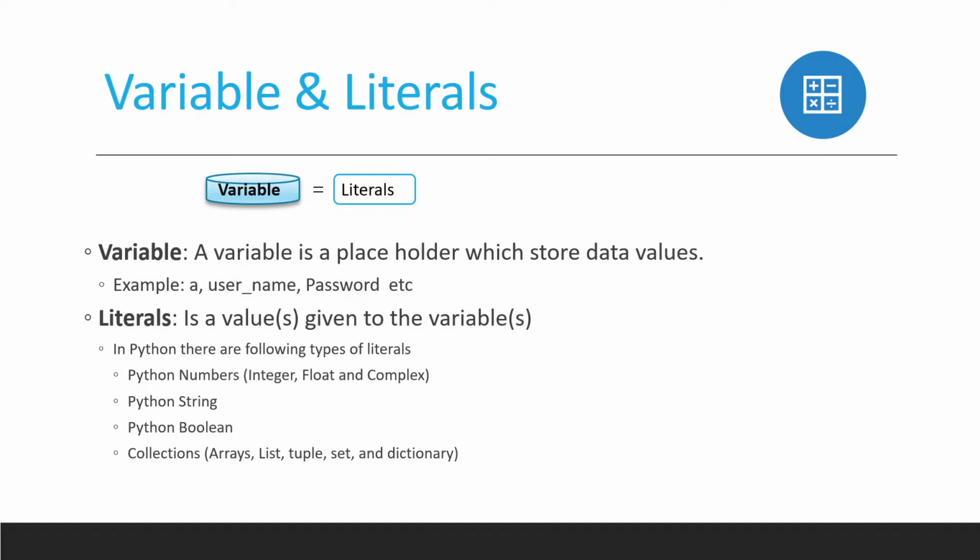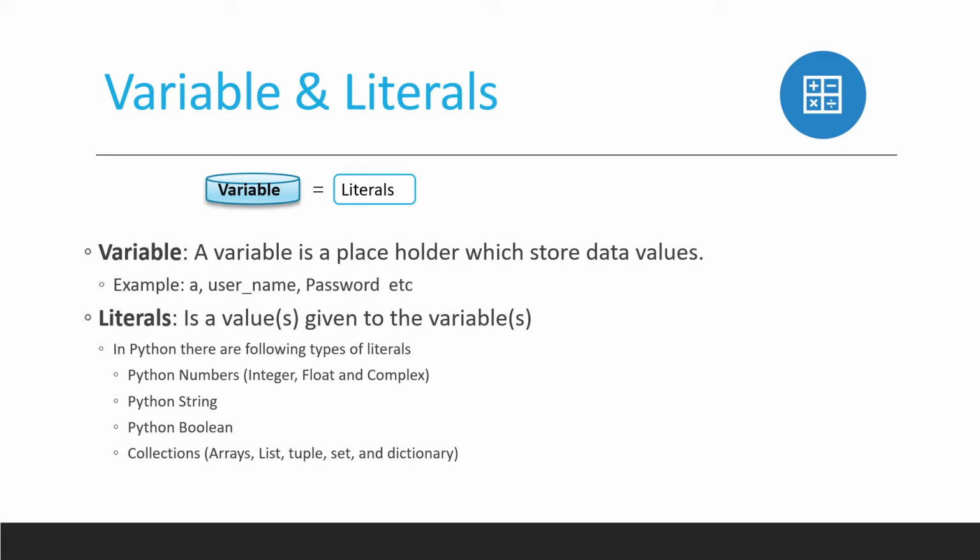So there are a few thumb rules of defining the variable, guys. First thing, variable can be a combination of alphanumerical values, whereas alpha can be a to z in upper caps or a to z in lower caps or a combination of both, okay, along with the numerical values, that's 0 to 9, and followed by that underscore. One more thumb rule: it can include numbers, but it should not start with a number. Variable should not start with a number. That's a basic thumb rule which we need to remember.